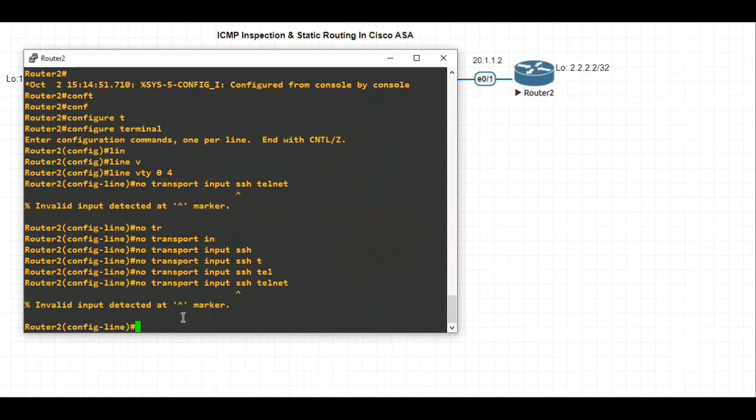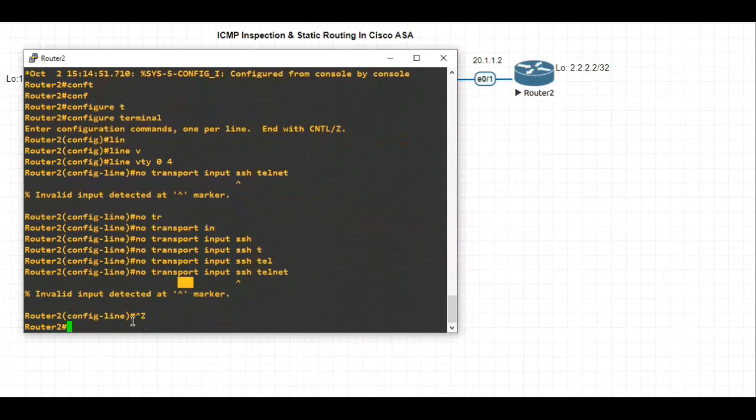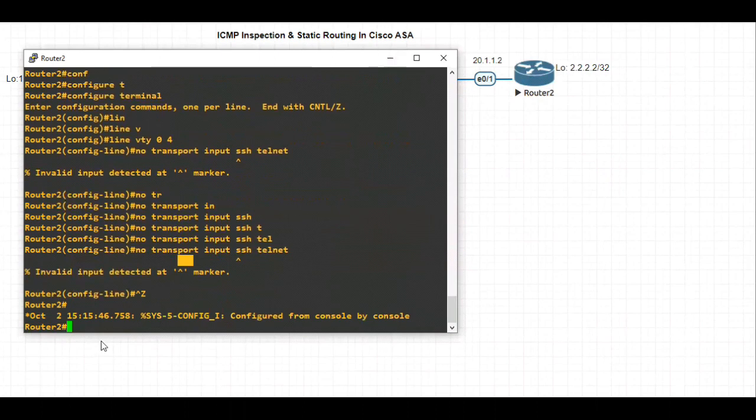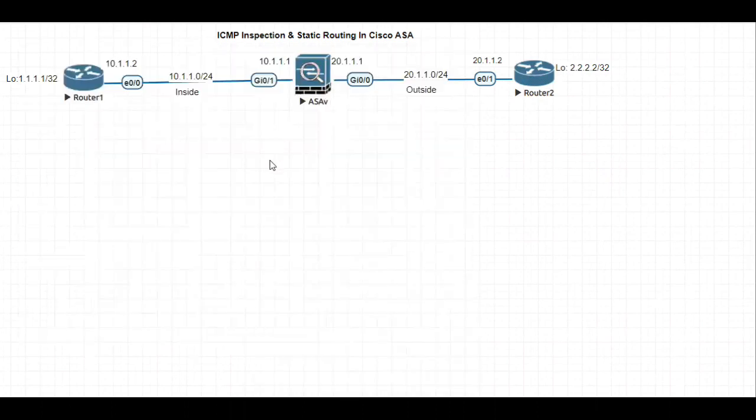Okay, that's fine. Let's keep it the way it is. So now we have enabled telnet on router 2.